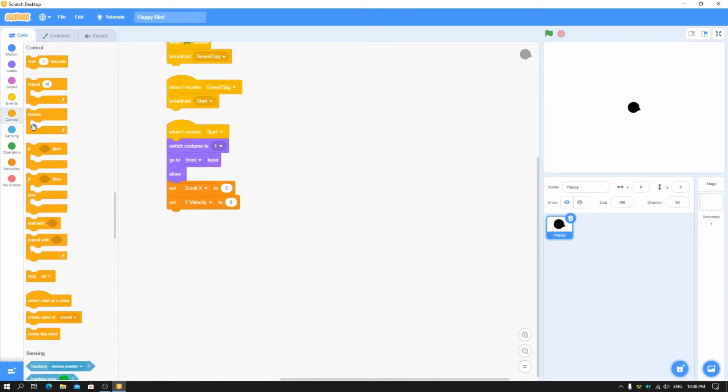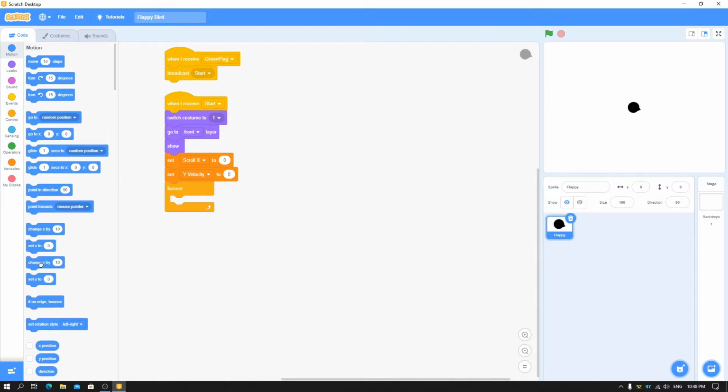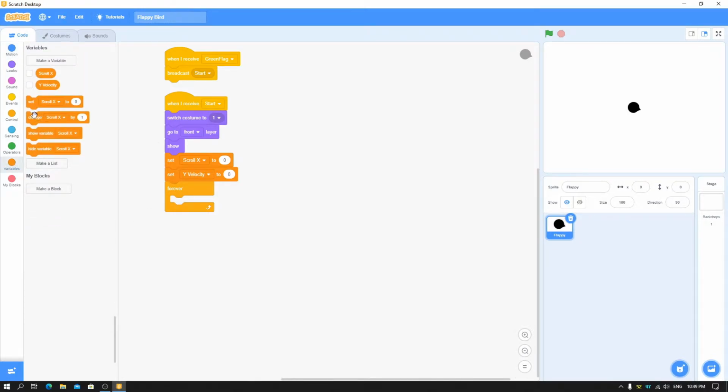And now let's make the controls for this player first. When it is not touching the ground, it will fall. Here you can see we'll not change y by this, but instead we'll change y velocity by minus, say, 1.